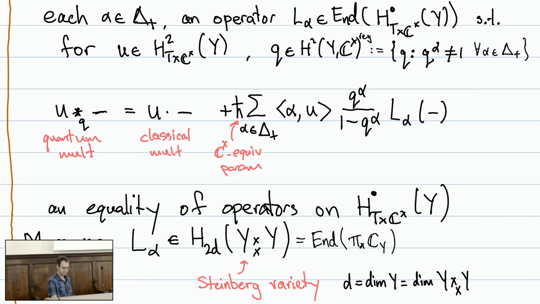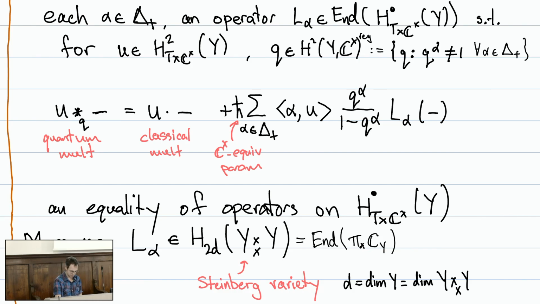L alpha is proper with respect to one of the projections, right? Because you could define some operator, no? Yeah. But you mean projection, you mean Y to X. Well, Y to X is proper. Okay. Maybe you would just say, well, I will define the operator alpha. Yeah, so